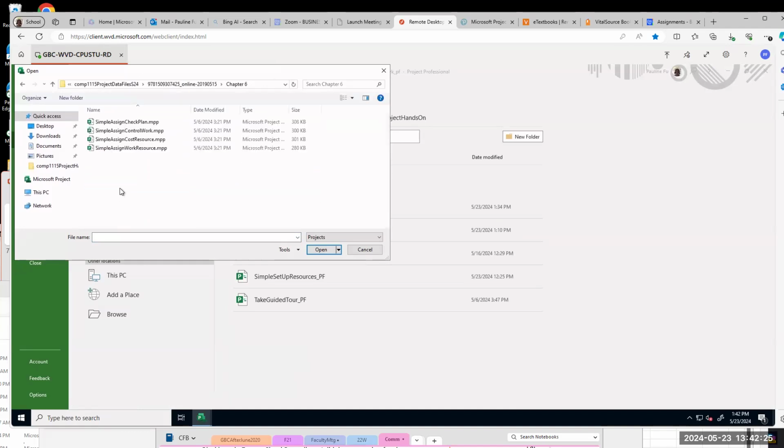The file name, simple assign cost resource here. Sorry, I don't have that one in my chapter 6. I only have 3 of them. So sorry, you have to re-download the data file from Brightspace.